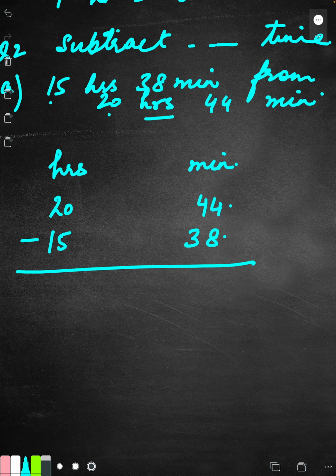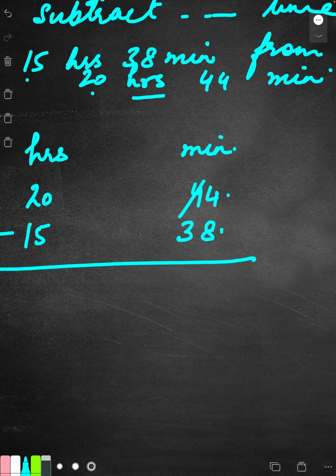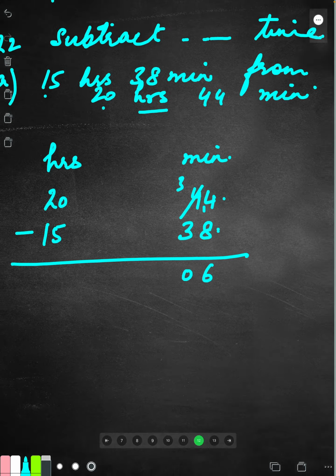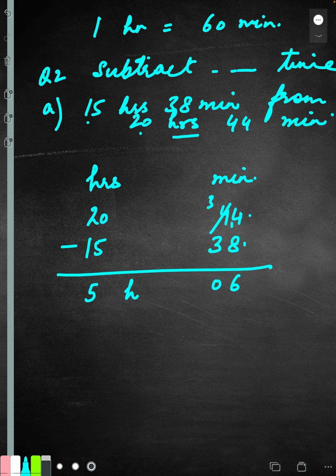Now this is a simple question because this is big, this is small. So direct subtraction is there. You can borrow within the minutes. You cannot borrow directly 1 from the hours, because the moment you borrow 1 hour, how many minutes do you get? You get only 60 minutes. But that concept is not applied in the first part. So directly this gives 1, 2, 4. My answer is 6 and 0. Right? And 5. So this is my answer in this question. Here, there is no need to borrow from the hours. So I have done the question by direct subtraction. Clear?